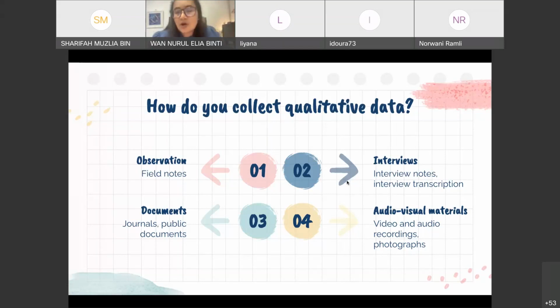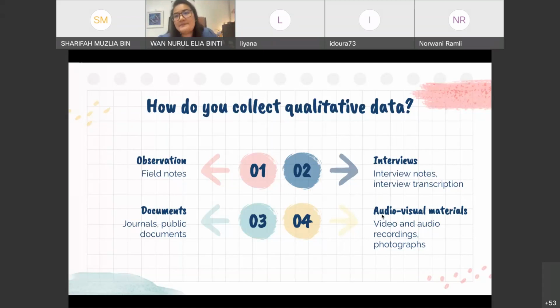These documents may include journals or public documents like school circulars, memos for meetings, and minutes of meetings. What you collect is dependent upon what you want to identify. What is it that you are looking for?